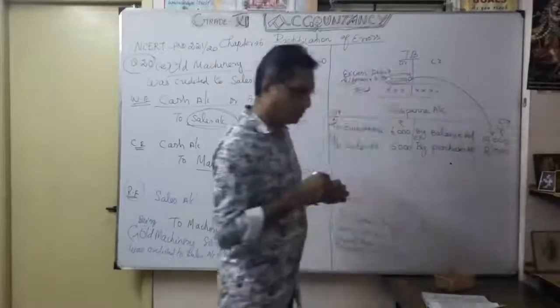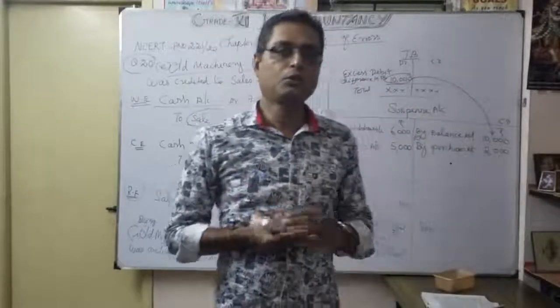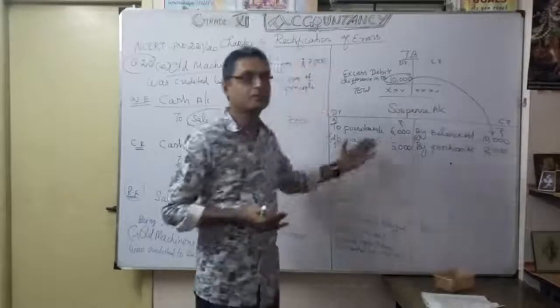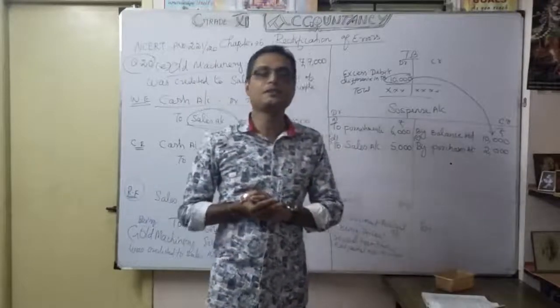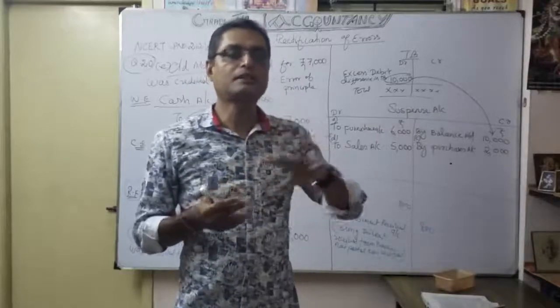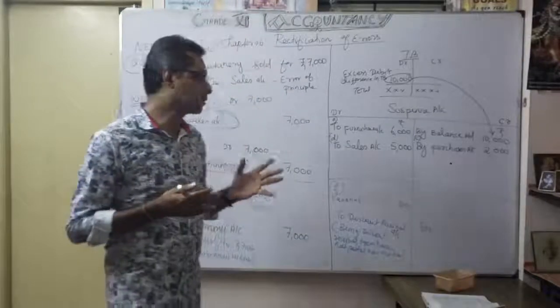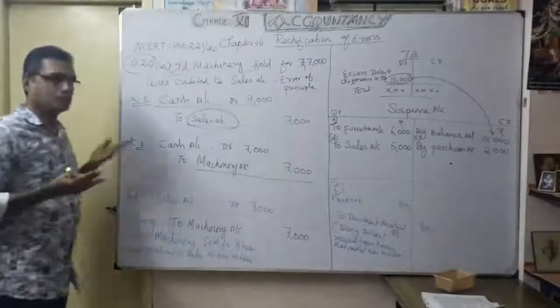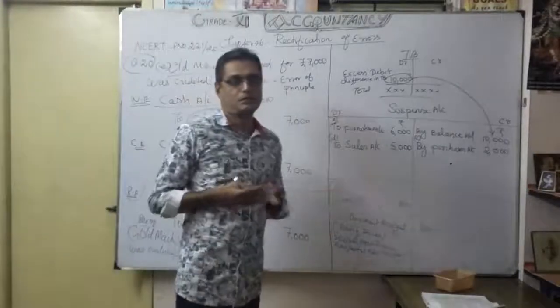Here also there is no question of a suspense account. No need to transfer anything here, because the suspense account comes especially for a one-sided error, after you make that side, whether debit or credit, you show it as a suspense account. So now everything is over according to this.